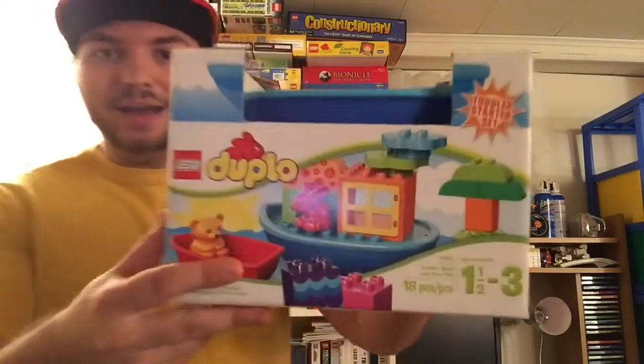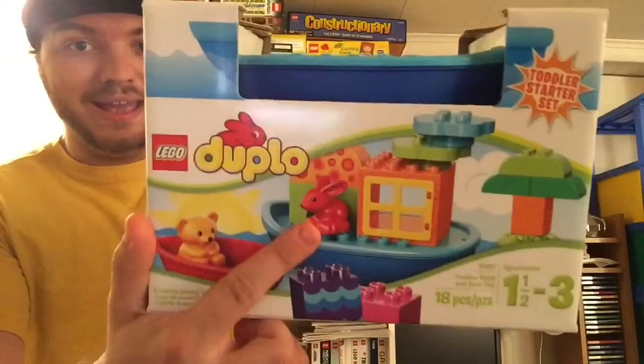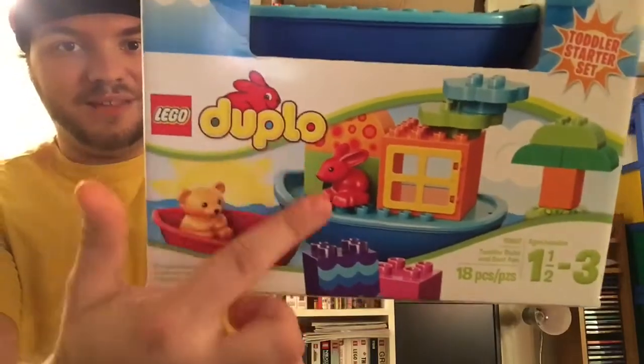Now, it seems like an odd thing. I don't really talk about Duplo that much on the channel, although I have had it in a haul video or 2 recently with Quattro, and occasionally do go through a few Duplo reviews. But this time around, I did really want to get that Duplo bunny. As soon as I saw that in the set, I knew I had to have it. I also have the plush Duplo Rapid upstairs,